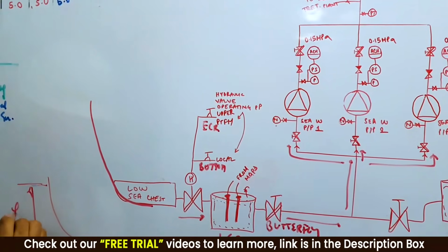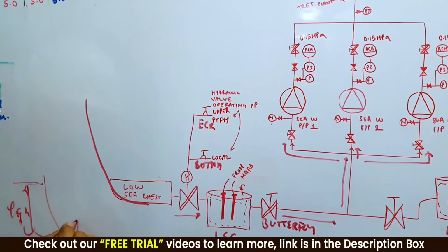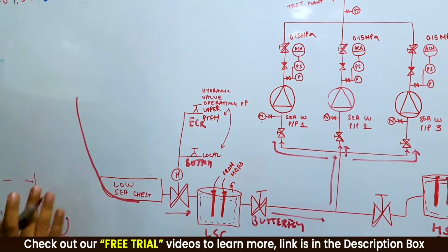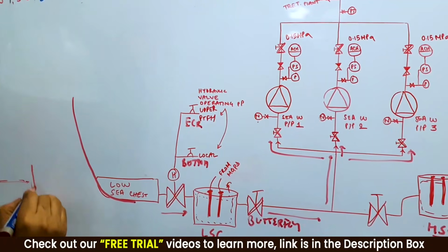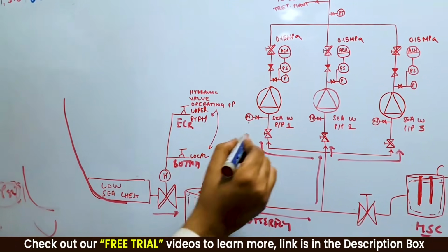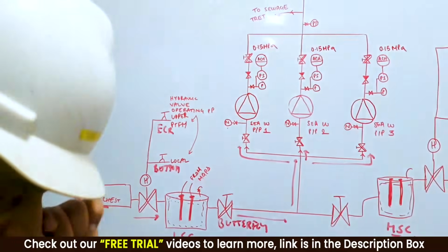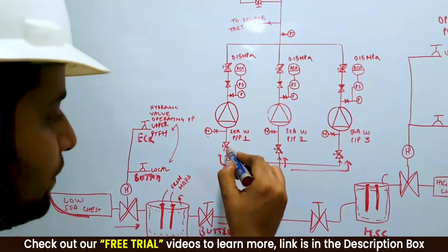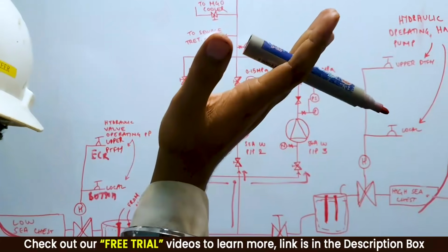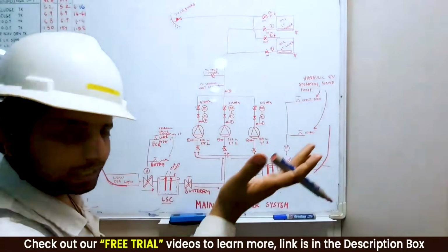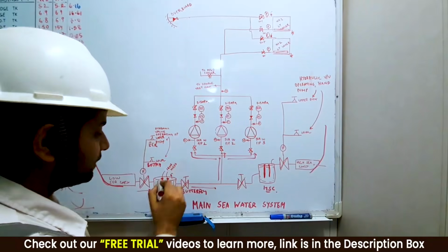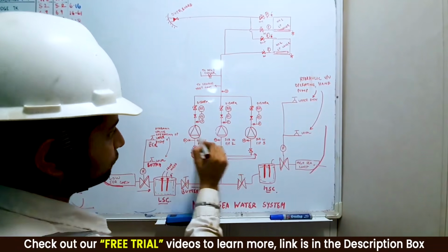If your ship is in loaded state, the seawater level will be till over here. So this will be the rho g h, the head acting on the suction pressure over here. But if your ship is in ballast condition, then the seawater level is over here, and your ship will be like this only. So only this much rho g h will be there. Copied, guys? So the suction pressure will decrease over here. Understood? So now your suction pressure depends on two factors: whether your ship is loaded or in ballast, depending on the outside seawater level with respect to the line over here. And the second thing is whether this filter is choked or not. Okay, so we have come over here.